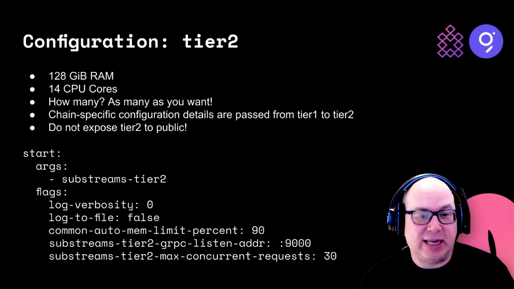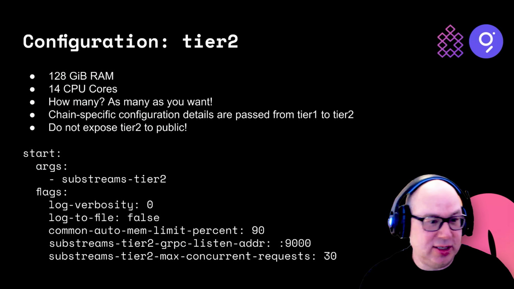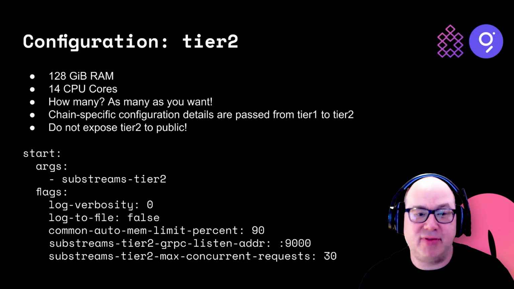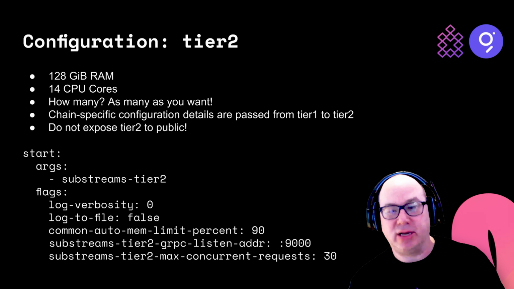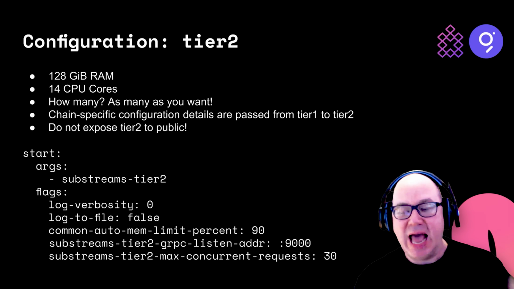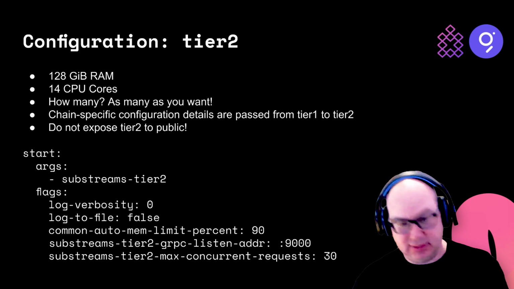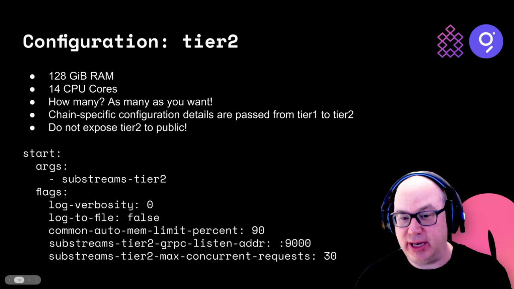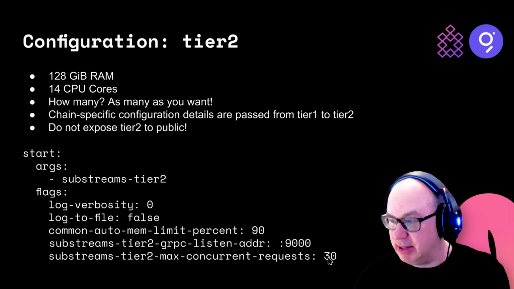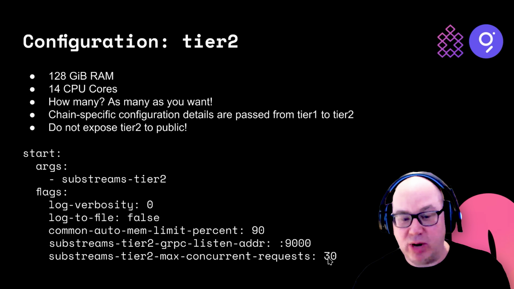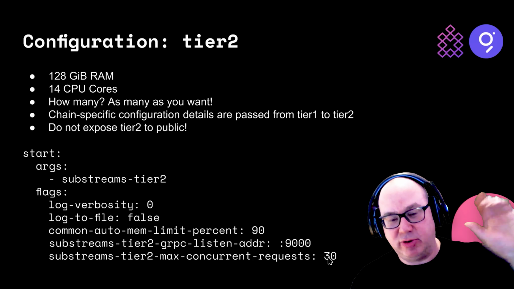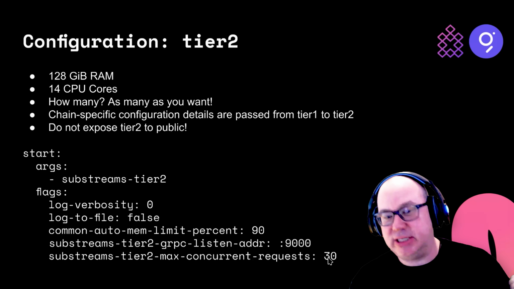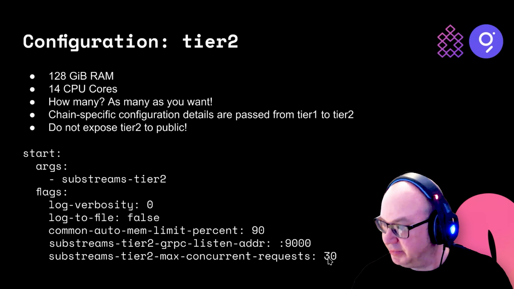Okay, so to answer Marc Andre's question, the line at the bottom of this slide is how the tier 2 knows whether it's overloaded or not. So you tell the tier 2 node how many jobs you want to process in parallel. So in this case, I put 30. You can put whatever number you want there. And then whenever it gets to having 30 jobs that it's running, then it will change the health check back to false. The DNS will remove the endpoint from DNS, and then tier 1 will not send it jobs.